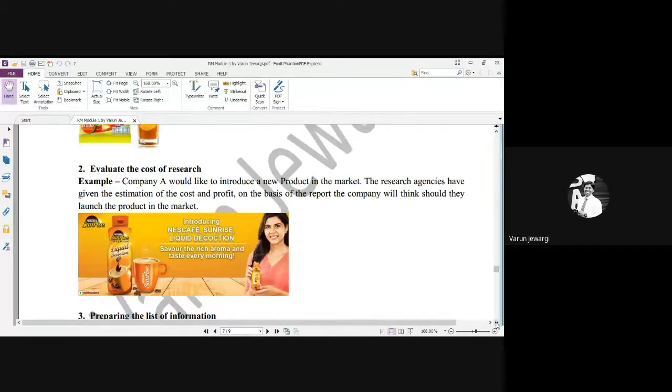You need to conduct a survey and ask the people, will they like a decoction which is in liquid form? I'll give some more examples, need not worry on that. Now, say for example, if I'm going to launch a 5G connection in the market,